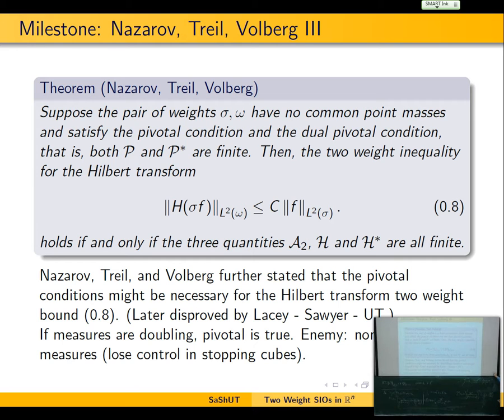I should also explain that here there is a little bit of a catch-22 problem, no? Because, okay, I said this doesn't satisfy pivotal, but it satisfies the two-way norm inequality. Okay, how do you know it satisfies the two-way norm inequality? You need a sufficient theorem. At the time, the only one was the one by Nazarov-Treil-Volberg. So what we did was, at the time, we introduced something called the energy condition, which produced a range of conditions. The weakest one of those was pivotal, and each one of those was sufficient.